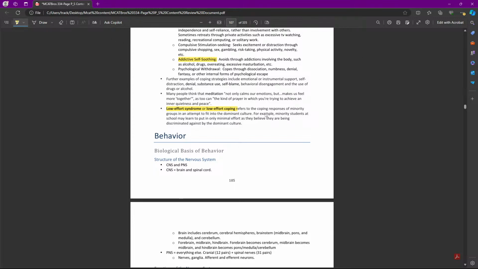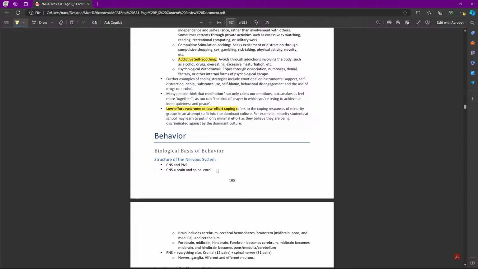We're entering behavior and the biological basis of behavior. So, the structure of the nervous system. It's divided into the central nervous system and peripheral nervous system. The central nervous system contains the brain and the spinal cord, which makes sense because it's in the central part of your body. And then the peripheral is everything else that makes up the nervous system, like sensory and motor neurons, or afferent and